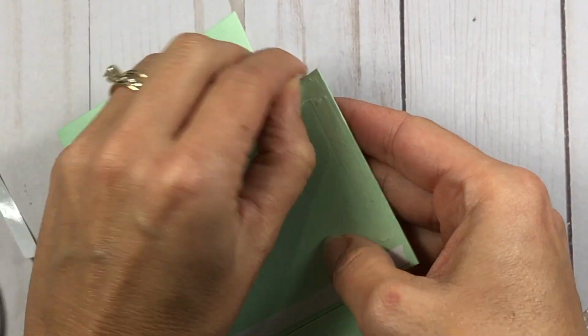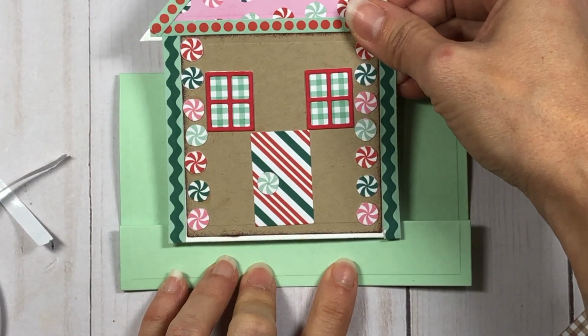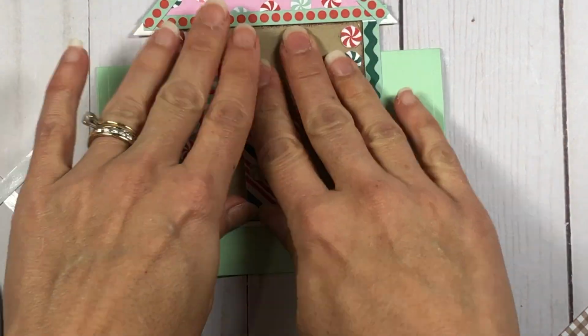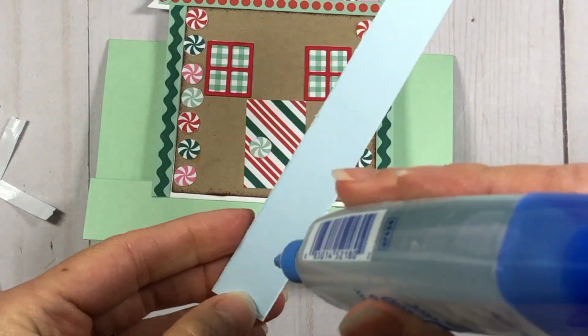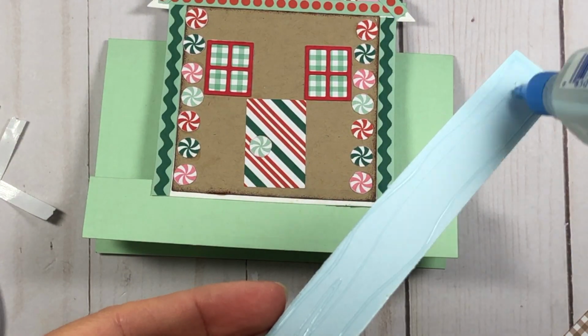So I want to make sure that I don't put tape on the back of the gingerbread house and mistakenly put it too far out. So adding it to the card base itself will help with that issue. So here I apply the gingerbread house, and I'm making sure to cover the very bottom portion. You see the white line at the bottom of the gingerbread house,